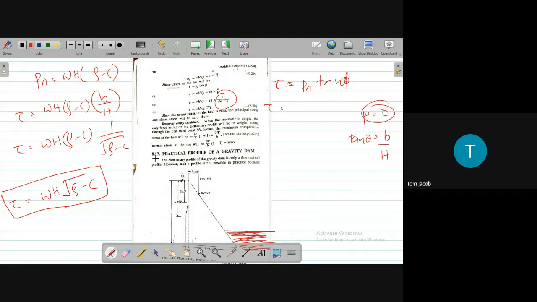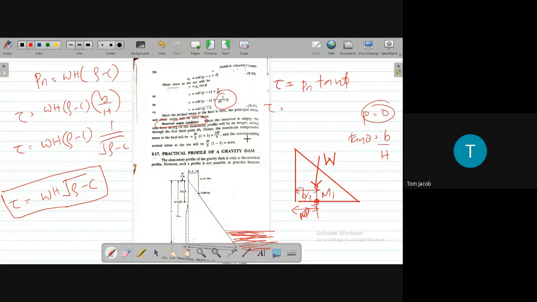Now, what we have found so far was the full reservoir case. Now if we take the reservoir empty case, when the reservoir is empty, the only force acting in the elementary profile is weight. Reservoir empty means there is no water. In that case the only force that we have is W, that is self weight, and it will be acting through M1. Self weight will be acting through M1, at a distance B by 3, through its centroid.